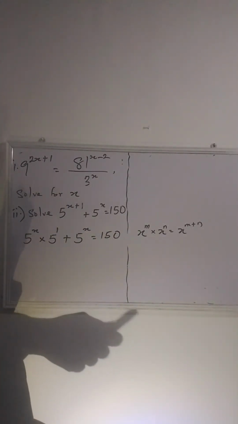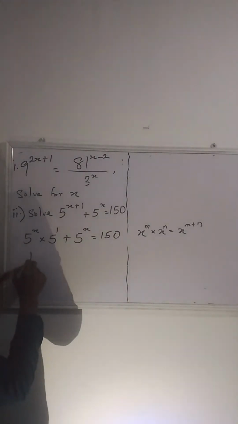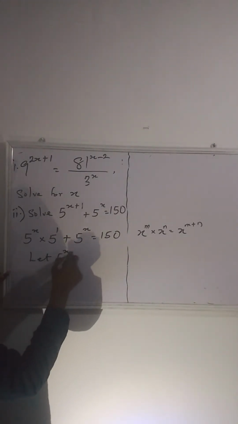All right. So now the next thing is just to make an assumption. You can say let 5 raised to the power of x